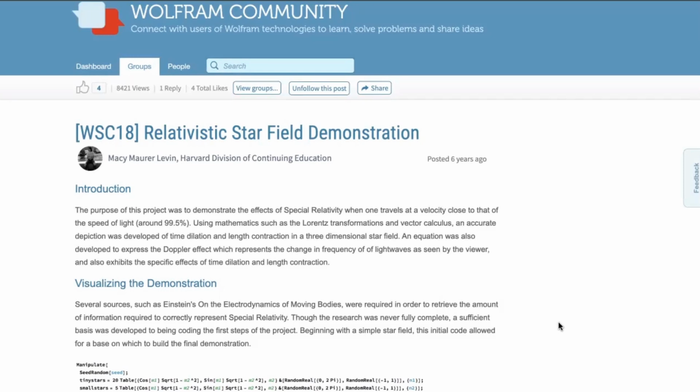And you're traveling here in this demonstration at like 99.5% the speed of light, so not all the way, but enough that we can model it to the best of our ability. And I'm sure, obviously looking back, there are things that I would change. But for this project, we use Lorentz transformations in vector calculus in order to determine what the universe around you would really look like,